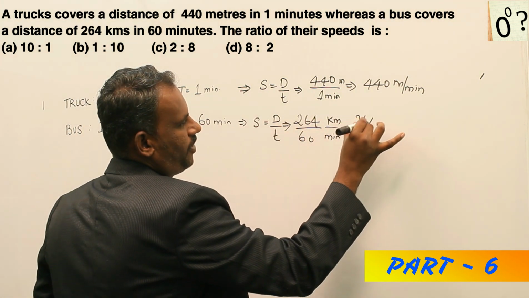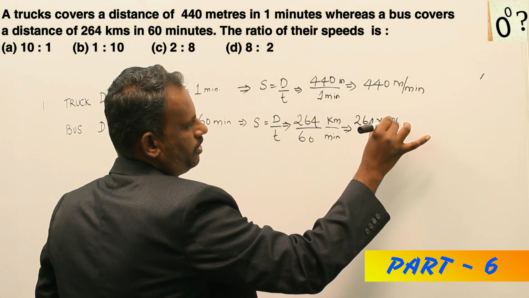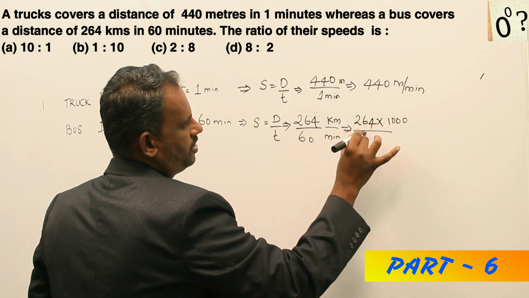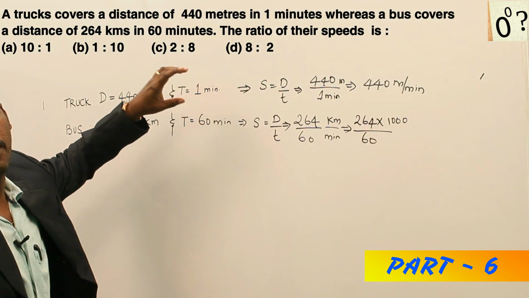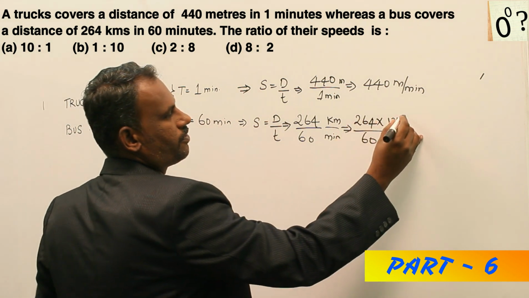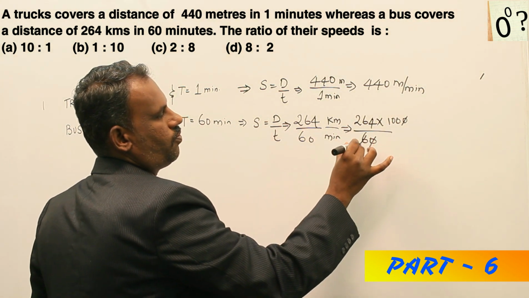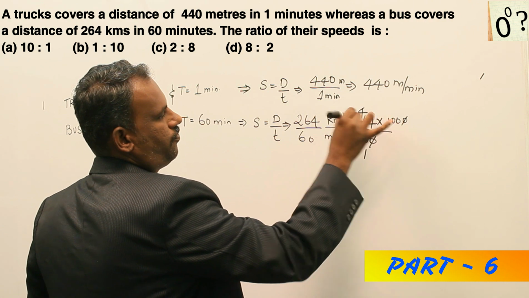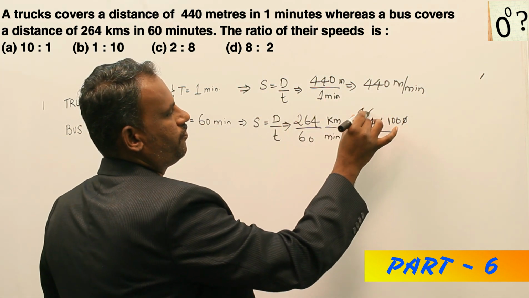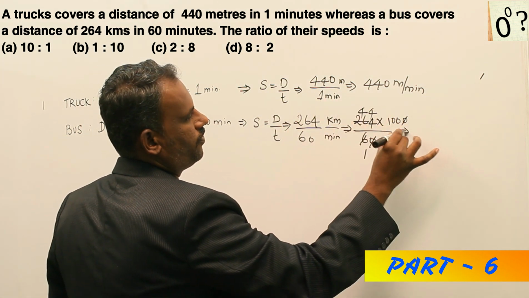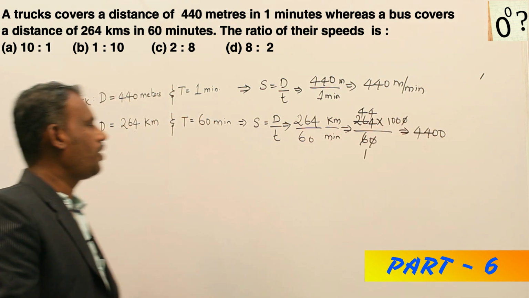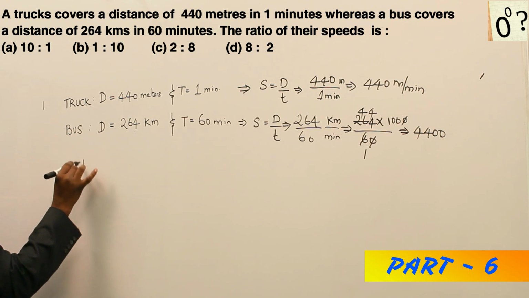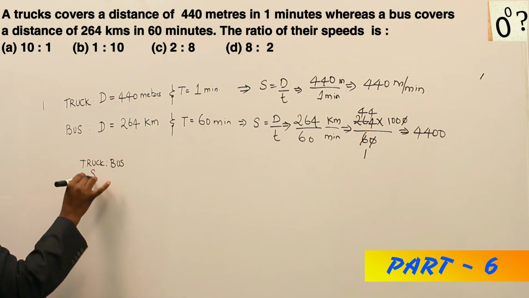We have to convert this kilometer into meter, so we multiply by 1000 divided by 60 minutes, as the truck is also in minutes. Strike out this one: 264 divided by 60 is 4.4, so 44 into 100 gives 4400. The ratio, meaning the truck to bus speed ratio, is equal to